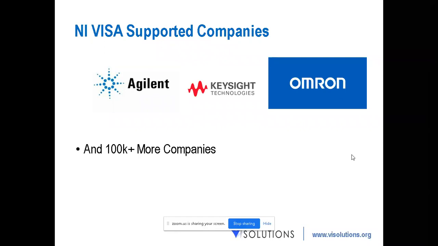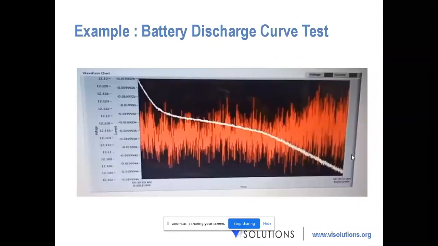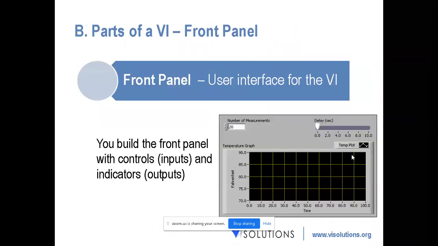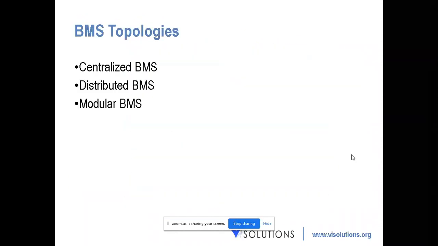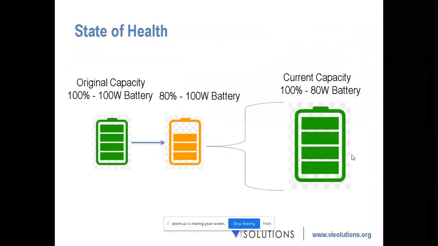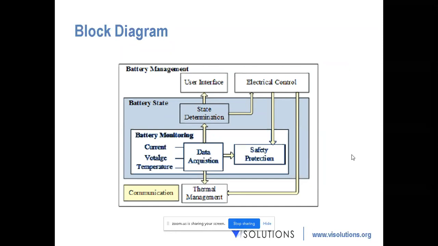So now, this is fine, sir. This battery charging and discharging curve just acquires voltage and current data. But if you observe very carefully, a battery management system is not something that is going to be near a computer. A data acquisition system involved in a battery management system should be portable in nature, number one. It should have a processor of its own, number two. And it should also be able to make decisions, number three.